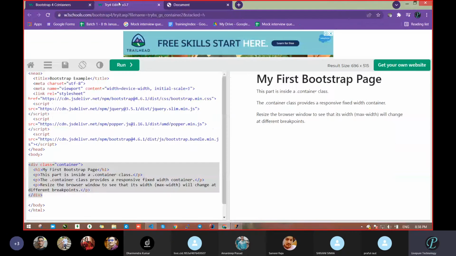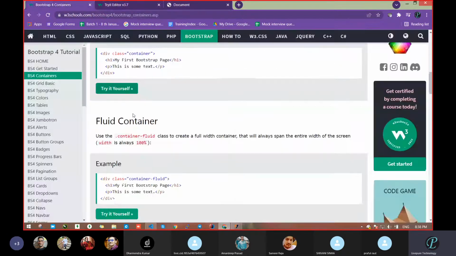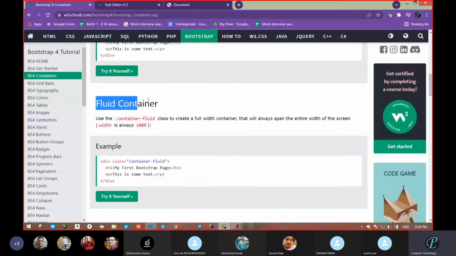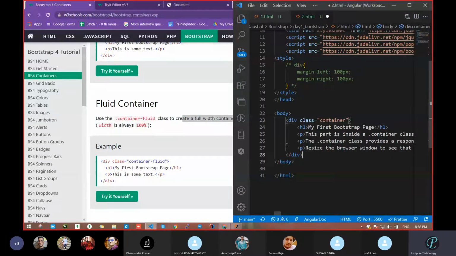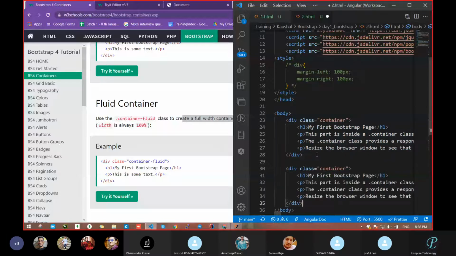So with the help of a container, we get this one. One more thing is there in the case of container itself, that is container-fluid. With the help of the container-fluid class, we create a full-width container. So do one thing. Take one div and pass it here, and remove this container.